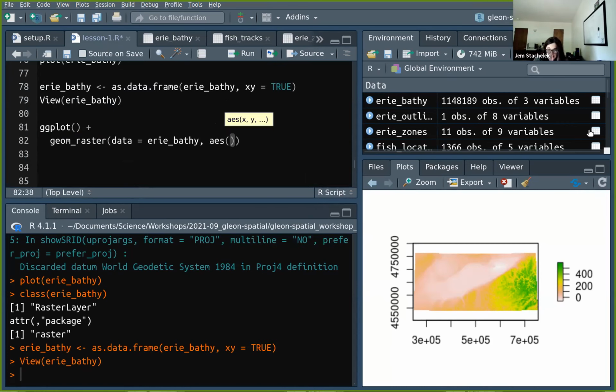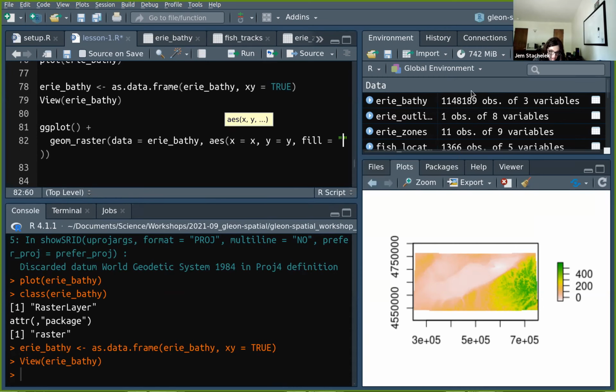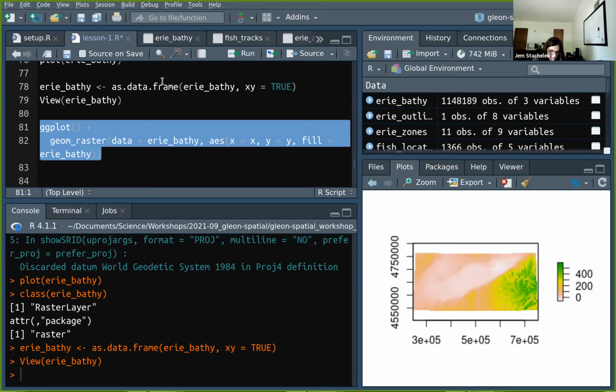And we need to use that AES function that we used for the coloring and the line width, but we need to specify the columns here. So the X column is X, Y column is Y. That's pretty straightforward. And the last argument we need to give to AES is the fill argument. So how is it going to color the grid cells? And we want it to color by the Erie Bathy column. If you recall, when we viewed Erie Bathy, there were 3 columns, X, Y, and Erie Bathy. So here we have them. So if I run that,